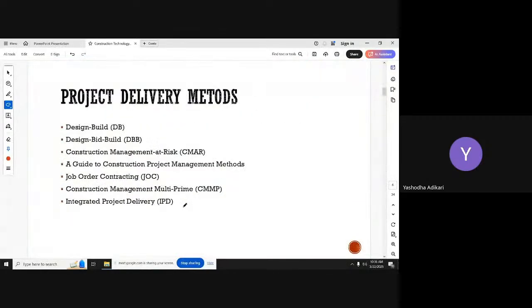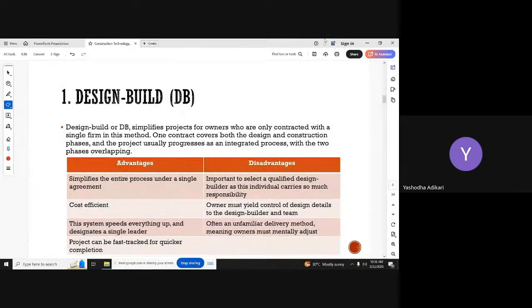Right, in my discussion, I discussed all these procurement methods. First, I discussed the design-build procurement method, and I told you the design part and the construction part are both done by the same company. Because of that, there are many disadvantages and advantages. And can you remember at that point when I started this project, I told you the selection of procurement method, the selection of project delivery method, depends on the project type. Right, it depends on the project type.